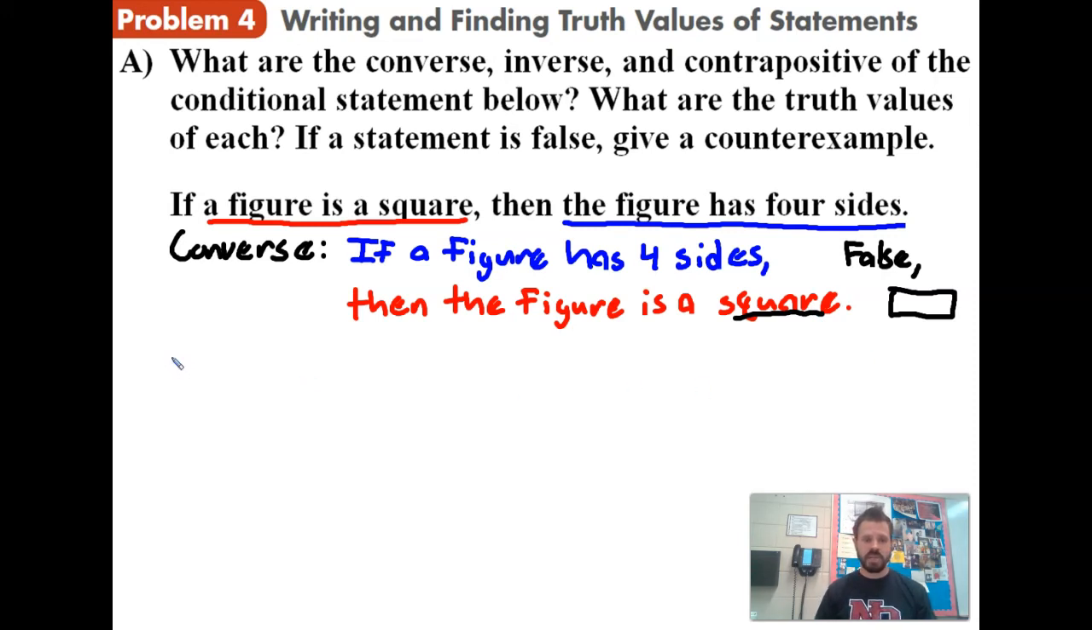All right, next up, let's do the inverse. Okay, inverse leaves the conditional in the same order, but negates the hypothesis and conclusion. In other words, adds a not to it. So in this case, we'd say if a figure is not a square,